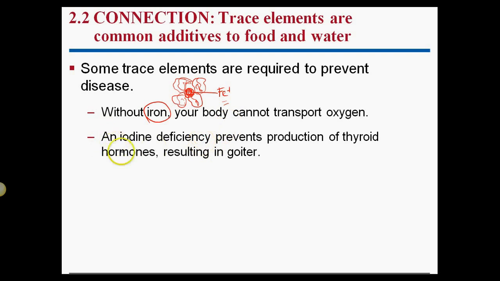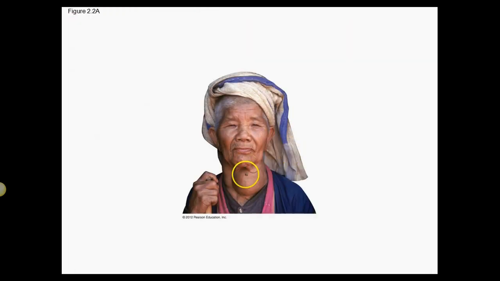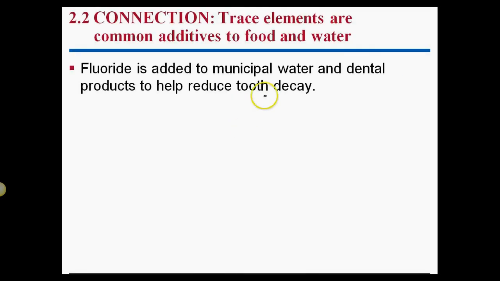Okay. Also, things that are important, like iodine deficiency prevents production of thyroid hormones. Lack of iodine. So having iodine prevents the production of thyroid hormones, causing goiter. So this is goiter. If you look at her thyroid, it's massive. This is not pleasant. So she has goiter, and that's due to iodine deficiency. Okay, there we go. So some connections on this.